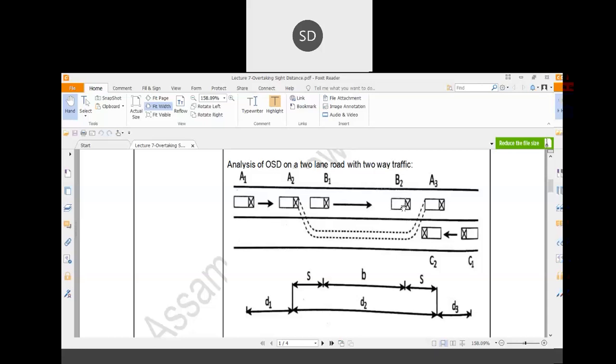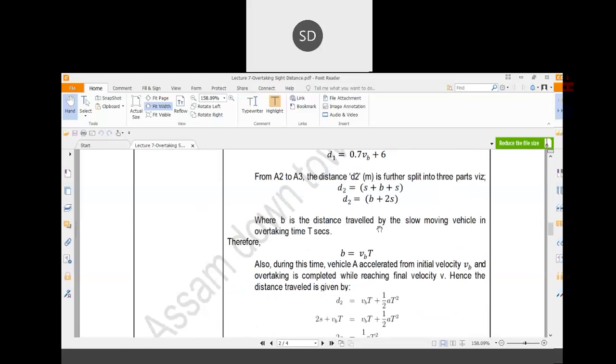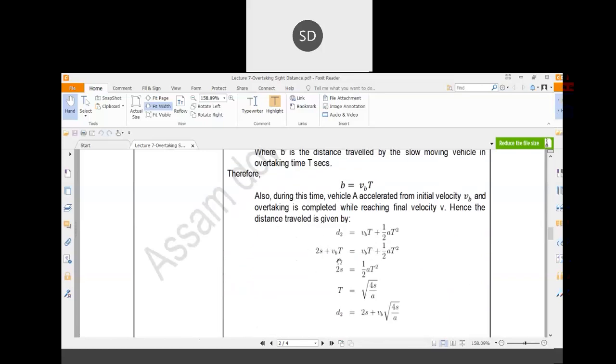So your total overtaking time is capital T. Within that time, that vehicle has moved from B1 to B2. So that distance would be VB into capital T. So that distance is VB into capital T plus your 2S. Basically that distance is nothing but the total D2 distance, that is Vv into T plus half A T square. So from this formula you can find out the overtaking time for that particular vehicle, that is capital T. Okay, so your T is root over 4S by A,